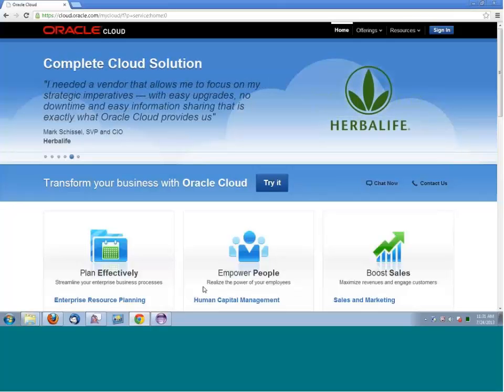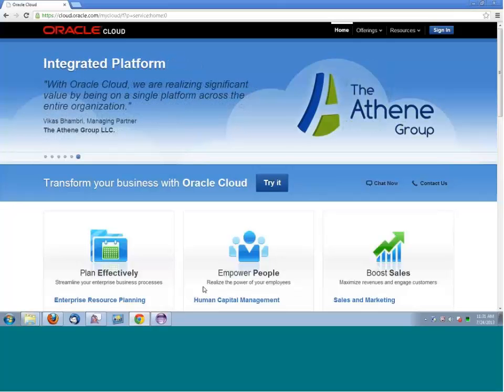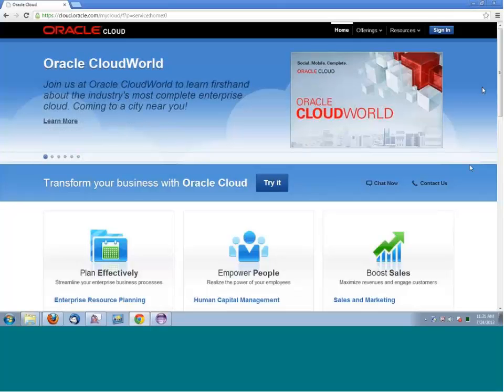So here, for example, is the home page for the Oracle Cloud, cloud.oracle.com. And the user interface for the cloud is this web interface. If I were to sign in, I could get access to my current account. For those of you who are interested in getting an account,